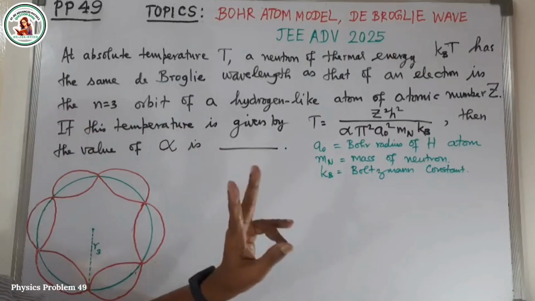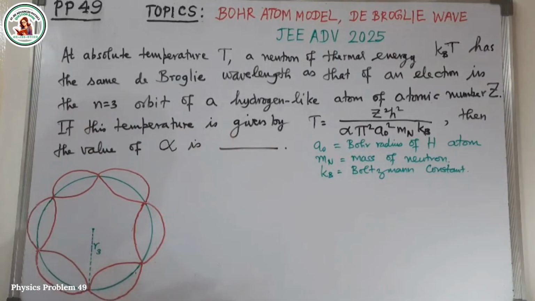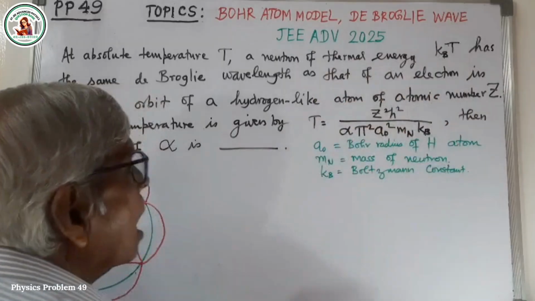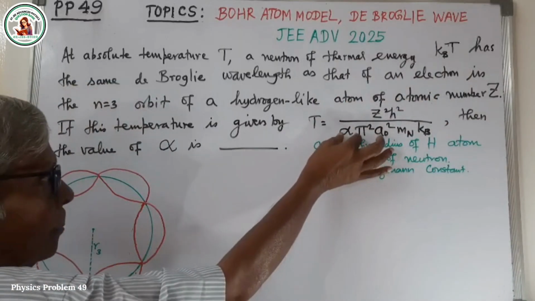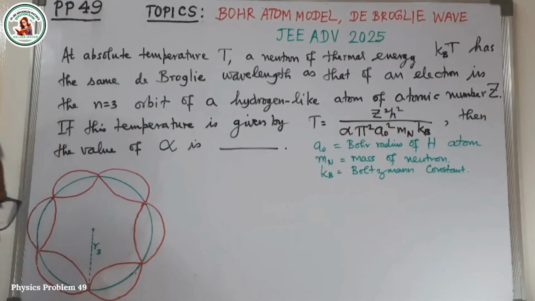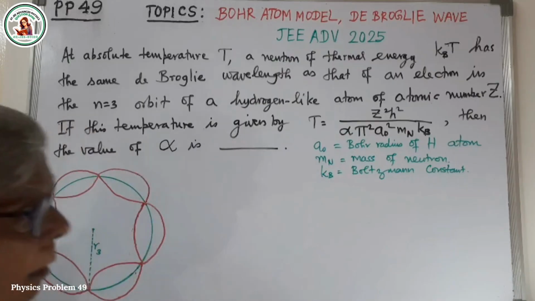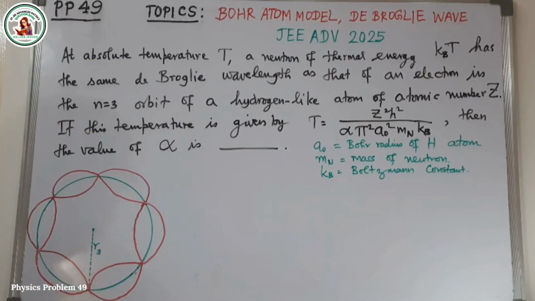So two de Broglie wavelengths are to be equated here, and on doing that you will get a formula for the temperature T. In that formula, what is this number alpha? That is what we have to give as the numerical answer. So let us see how we can proceed. Two or three formulas are involved. One is the radius of the electron